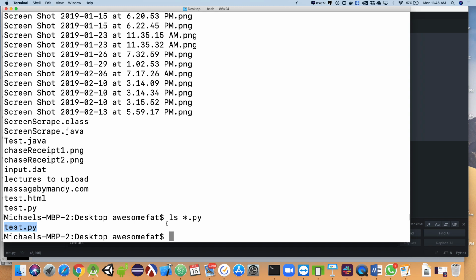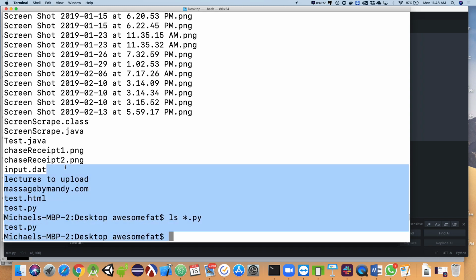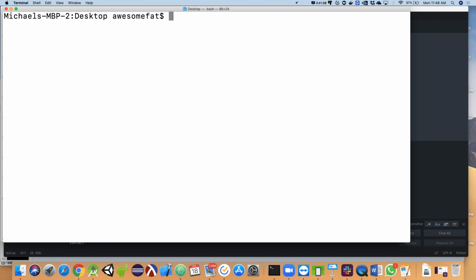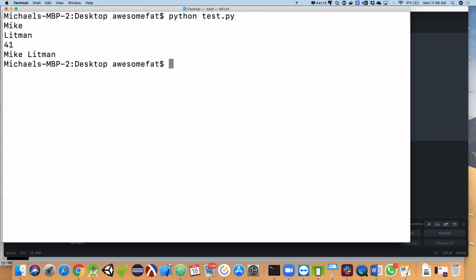So this is actually the Unix command prompt. A little bit more powerful than DOS. ls is kind of like the equivalent of the DOS dir command for a directory listing, that kind of stuff. But now when I go to run my program, I'm going to say python, and the name of my program was test.py, and there's the output of my program. So there's fname being printed, lname being printed, age being printed,